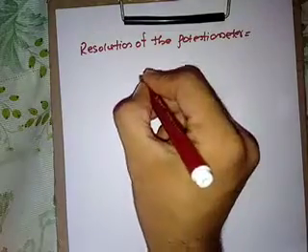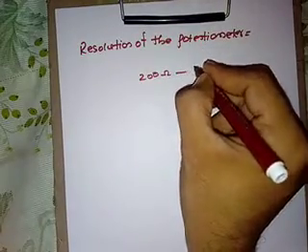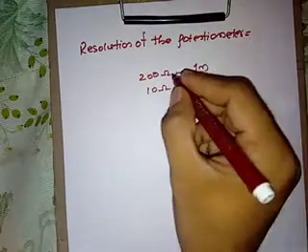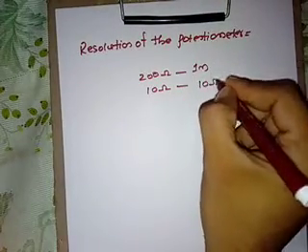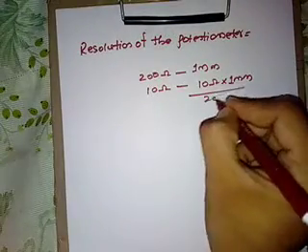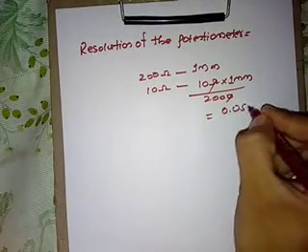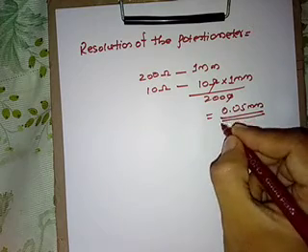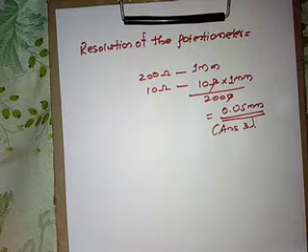For 200 ohm, again the same calculation. For 200 ohm it is 1 mm, therefore for 10 ohms of minimum resistance that the potentiometer can measure, how much is it? So 10 ohm into 1 millimeter, divided by 200 ohms, comes out to 0.05 mm. This is our third required answer. So it is 0.05 mm. Fine students, so this is how we have to solve this example.